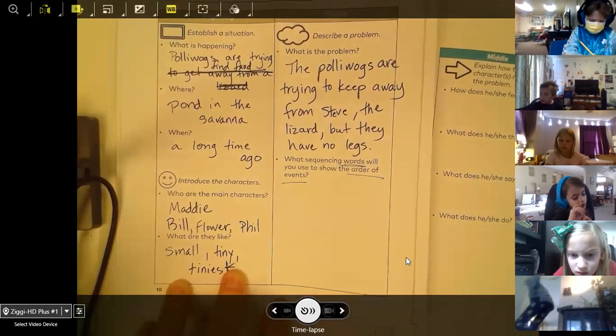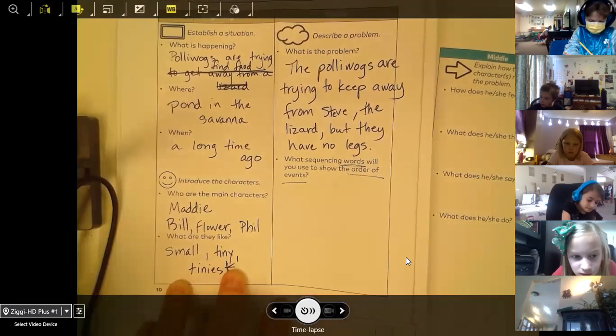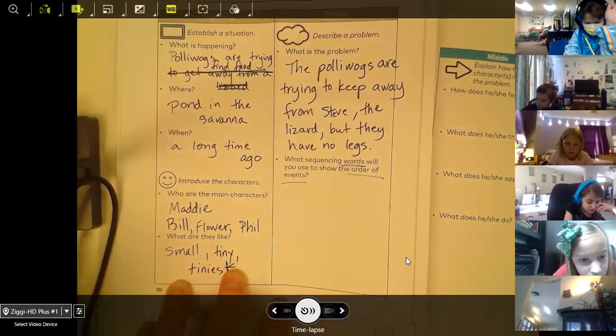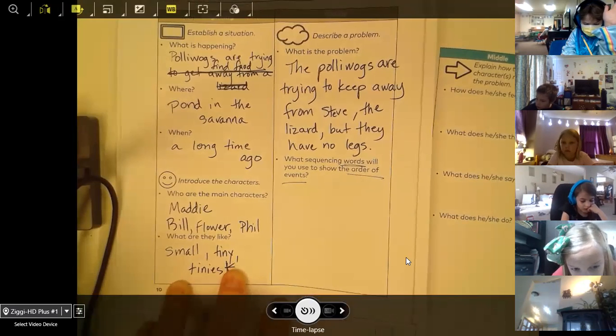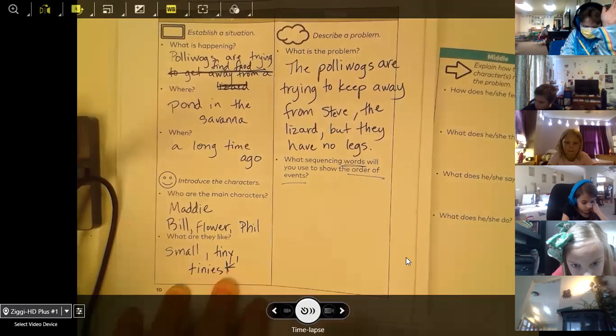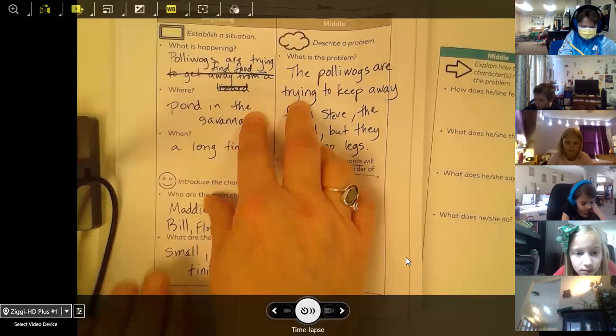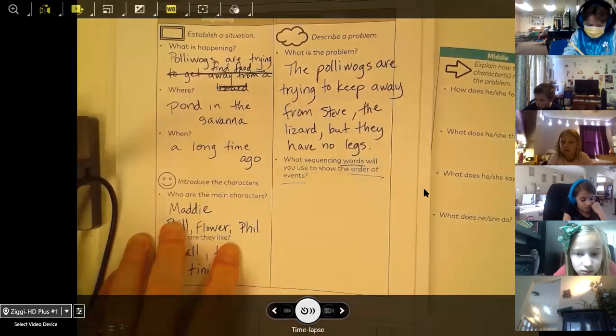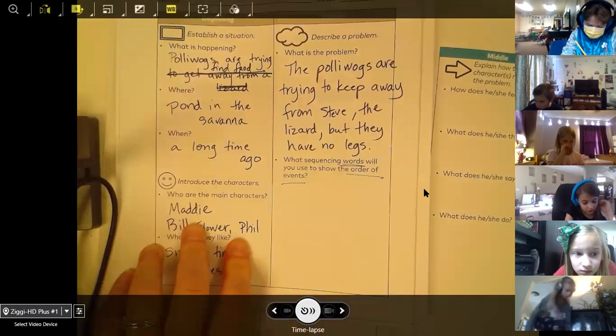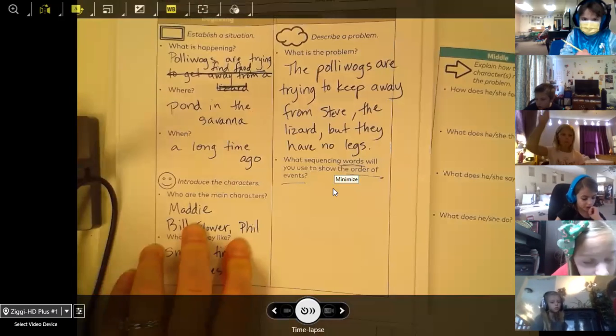I see some other hands up. I don't know if their hands are up because they have a question or if they just wanted to share something. If you didn't pick pond, where are some places that maybe you did pick? Can some of you share some of the places you picked if they weren't, say, a pond?